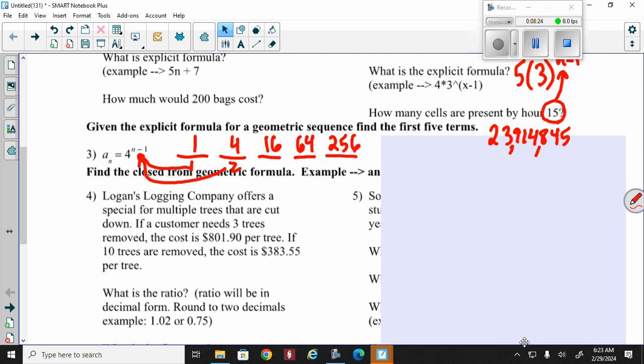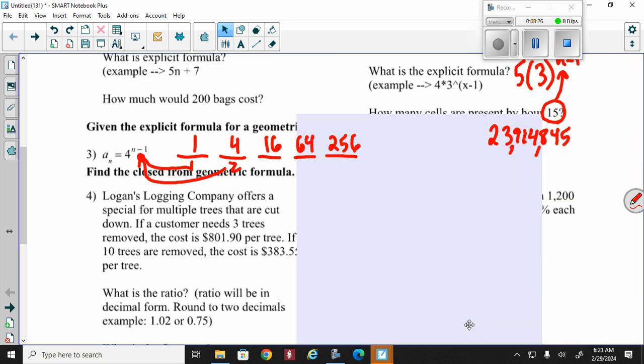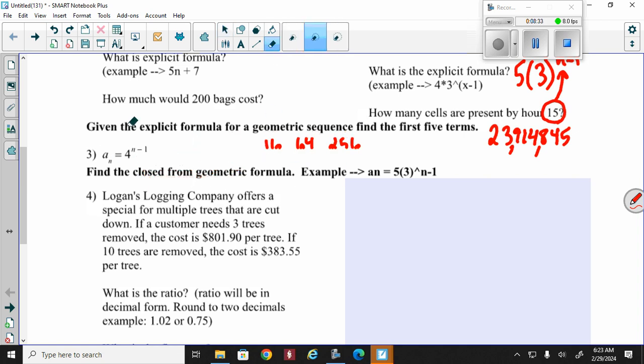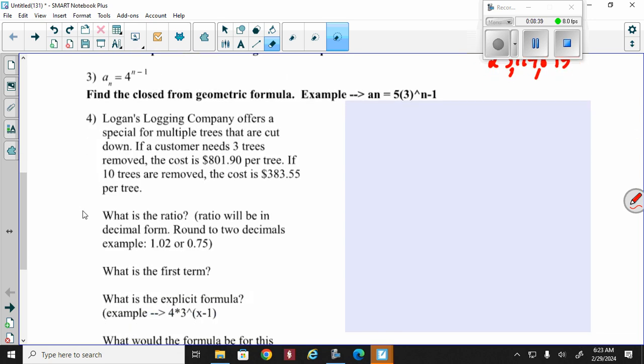The logging company offers a special discount. Now, this is something that for question number 4, a lot of y'all messed up on the quiz from last week, so that's why I put it in there. Let me clean this up so it doesn't look like a jumbled mess. It says the logging company. Here we go. It says the customer has 3 trees for this. So A of 3 is equal to